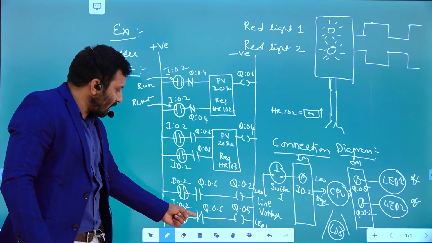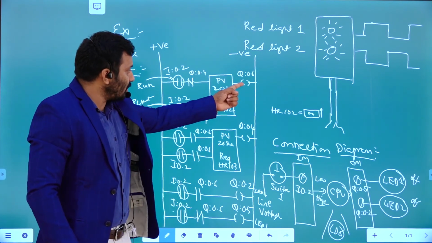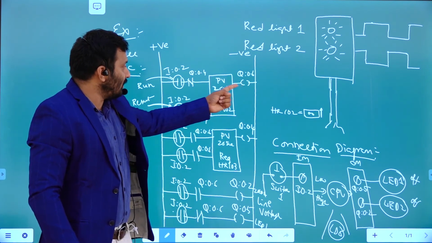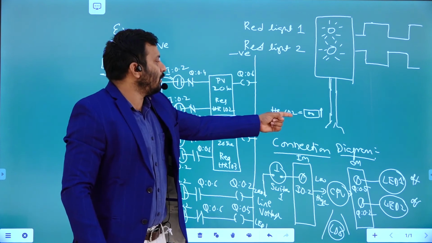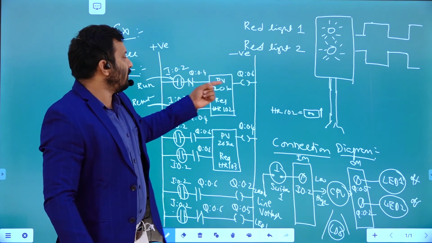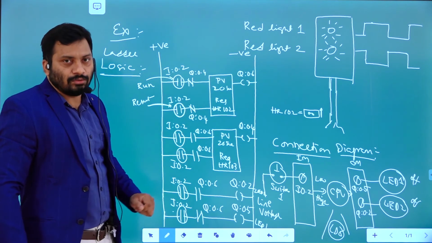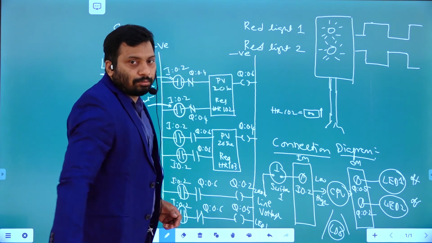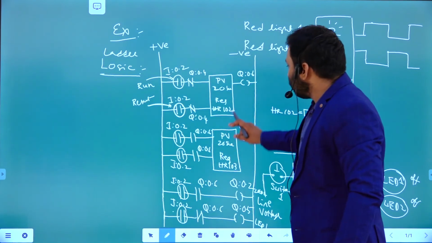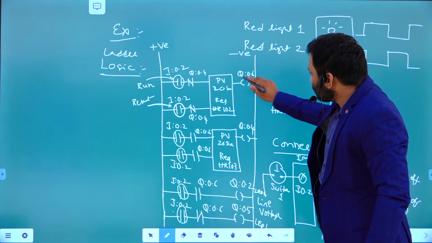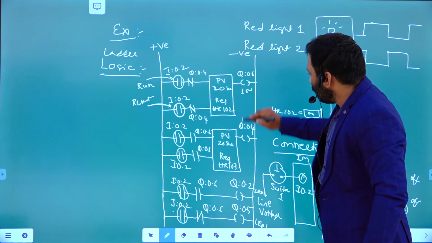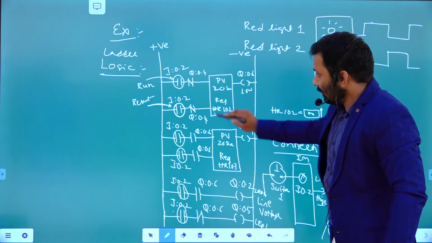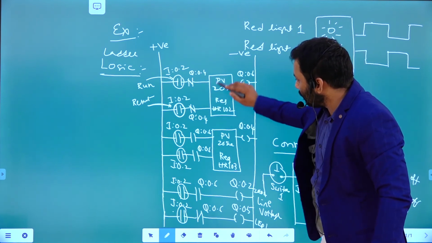But this is a closed contact, right? The corresponding bit is also 0 until this holding register is occupied with a value equivalent to the preset value. That means up to 20 seconds, the output is low only, right? Even though this particular timer 1 starts running,